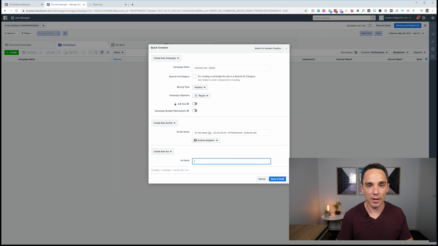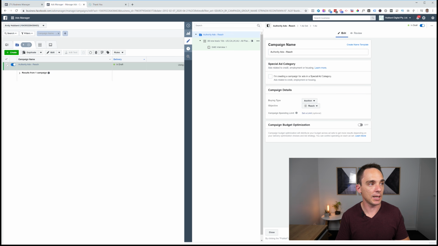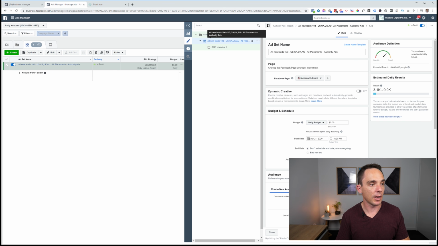And then we just name our first ad, which I'm going to call SME View 1. Okay, so I'm going to hit save to draft and we have our new campaign. So we're going to go straight down to the ad set level here, clicking on our ad set. We're going to give it a budget. Now the budget, I like to start with $10 a day,